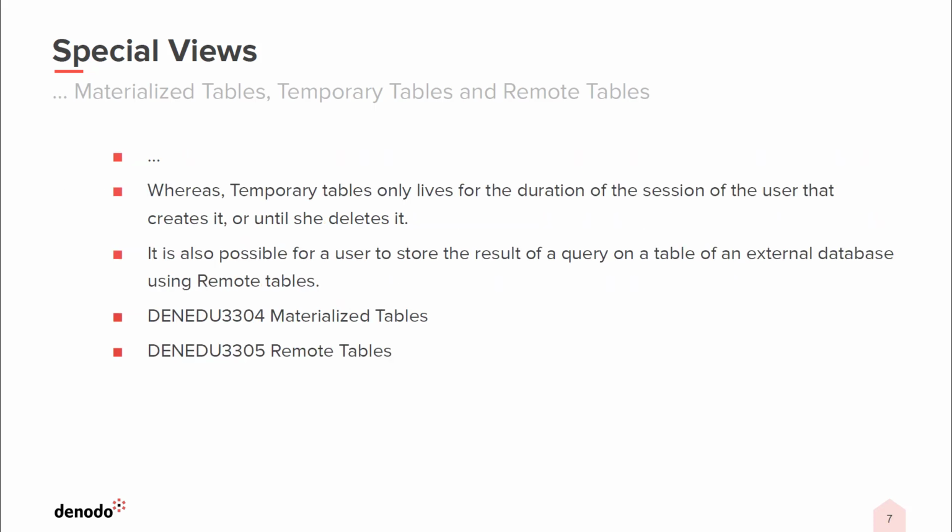Similarly, the temporary tables also store their data in cache database like the materialized table. The difference is that temporary tables are removed as soon as the user session ends, or 48 hours, whichever is earlier, whereas the materialized tables are permanent. Since the materialized tables are permanent, you cannot have them sharing the same name, as opposed to the temporary tables, which are for a user, so two users can create a temporary table with the same name.